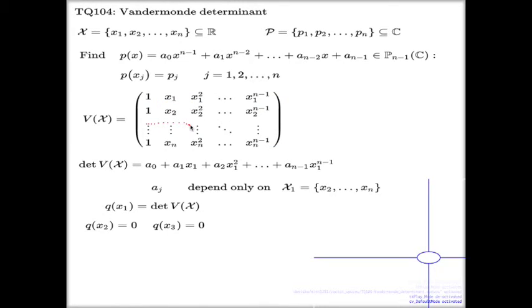If I plug in any other value, x3, x4, all the way until xn, I will see the same conclusion. And what do we see from here? My polynomial of degree n minus 1, we know all of the roots of that polynomial. When you know the roots of a polynomial, it's not a brainer how to factorize that polynomial. Your polynomial factorizes